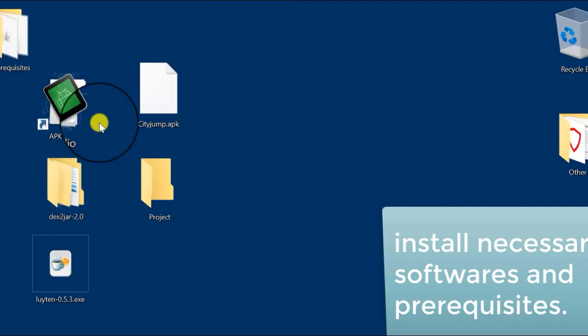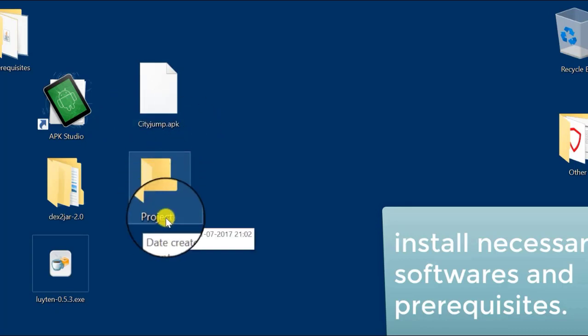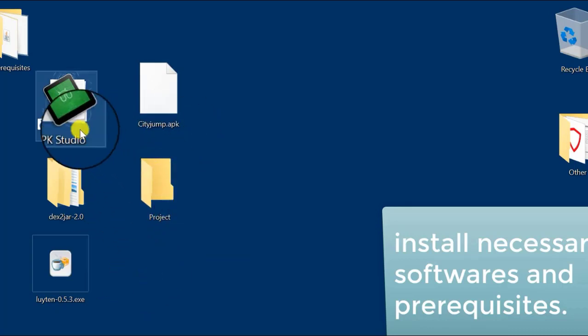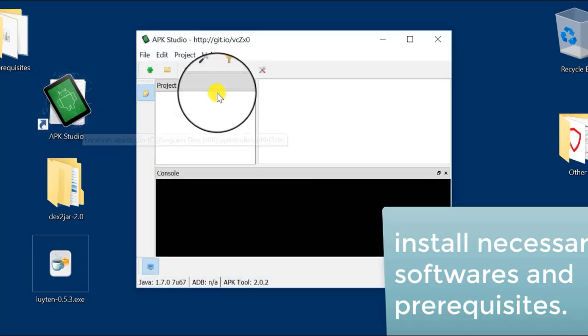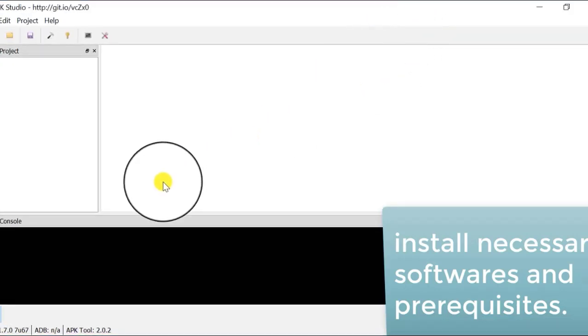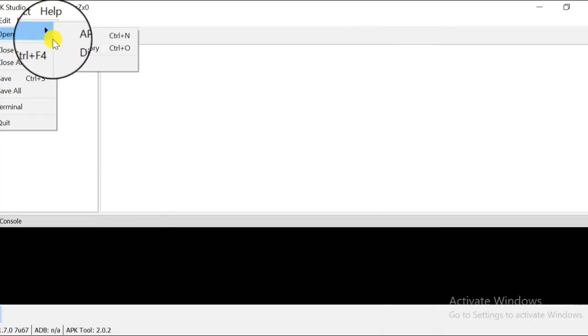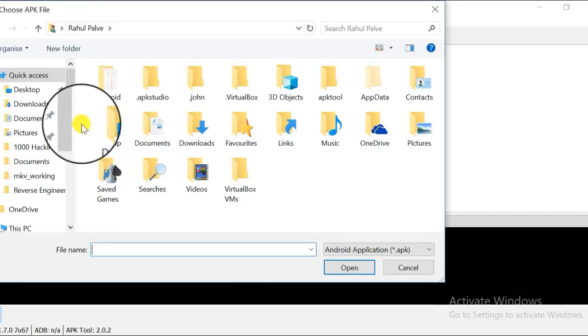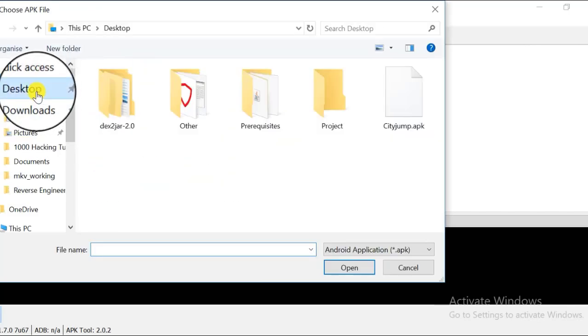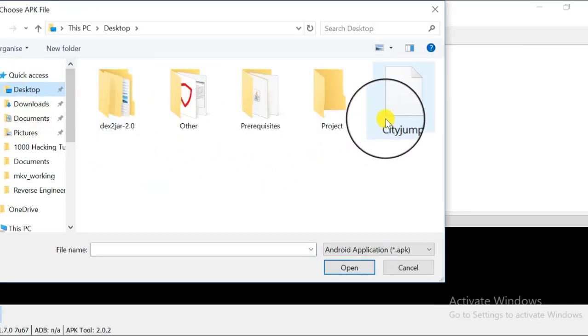Now we decode our Android app which we want to modify. Open Android APK Studio, click on File, open APK, select the app which you want to modify and open.